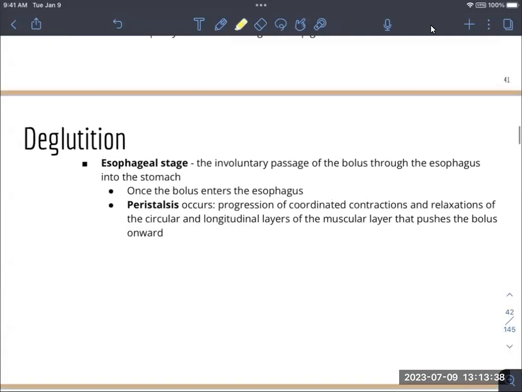The esophageal phase. This is involuntary. The bolus goes through the esophagus and ends in the stomach. Once this goes into the esophagus, especially the smooth muscle portion of the esophagus, this is where peristalsis occurs. Peristalsis,